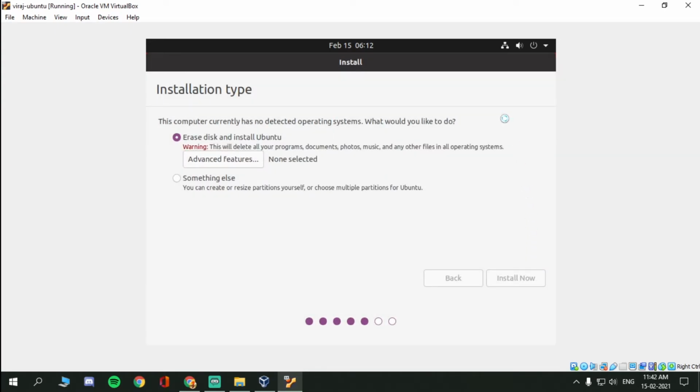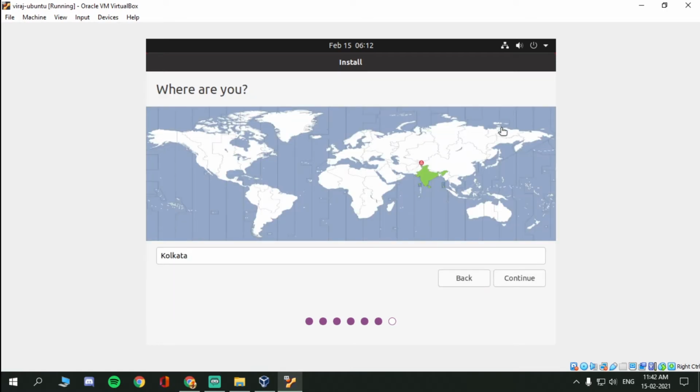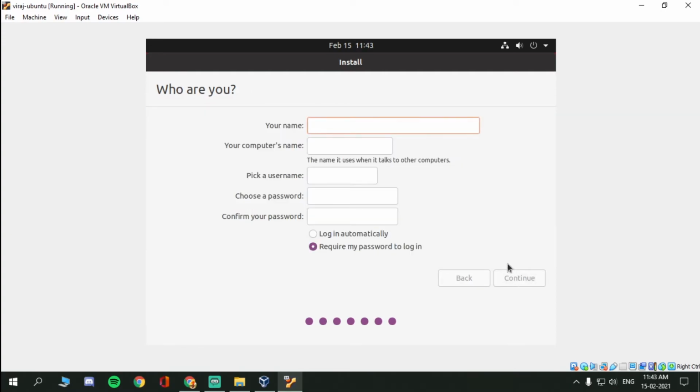And I think it's gonna ask us for a time zone, if I'm not wrong. So yeah, here it is where we have to put our time zone. Right now I stay in India, so I'm gonna choose Kolkata and I'll click on continue. So you can select the time zone that you want. So these are our personal details that we have to put in our computer, so we can give our own name to the computer. So I'll just type my name here,